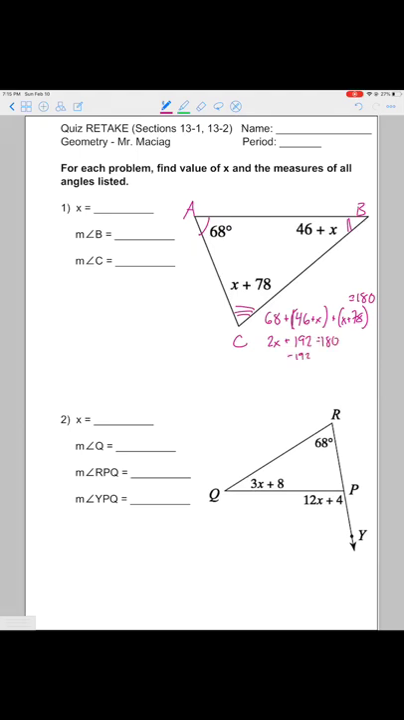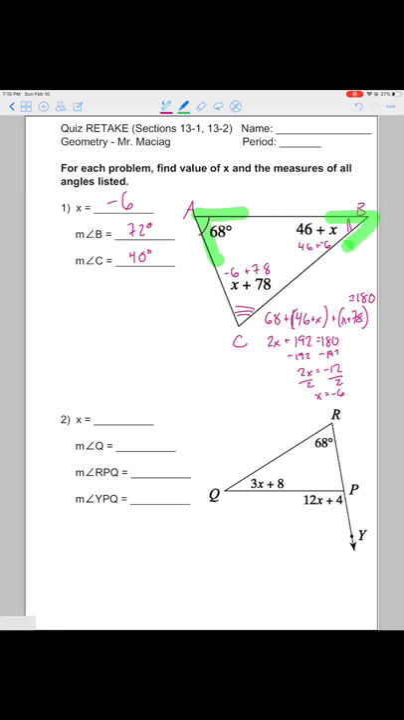We subtract 192. So 2x is equal to negative 12. Divide by 2. So x is negative 6. Getting a negative number is absolutely fine. Let's plug that back in. Negative 6 plus 78 is 72 degrees. 46 minus, well, plus negative 6 would be 40. We can check our work by doing